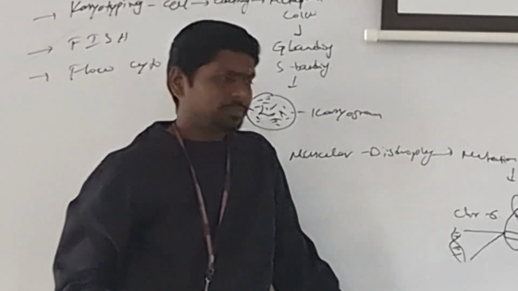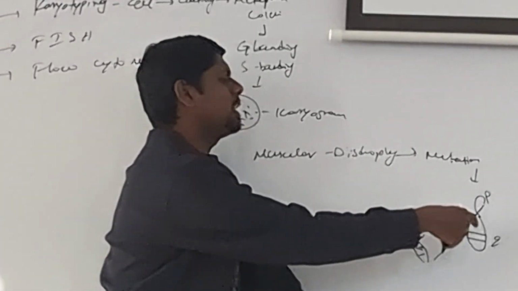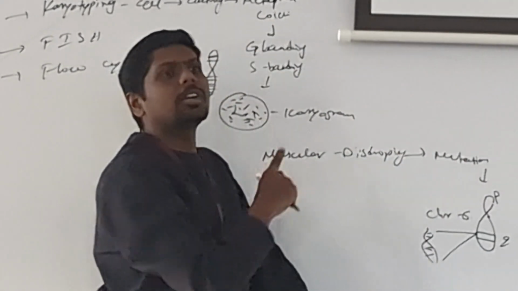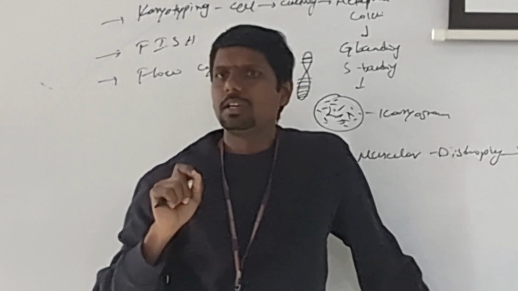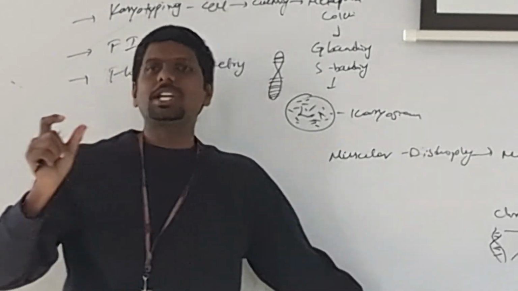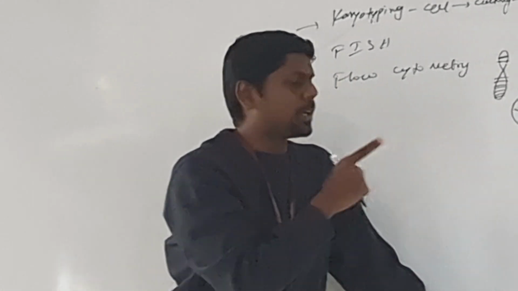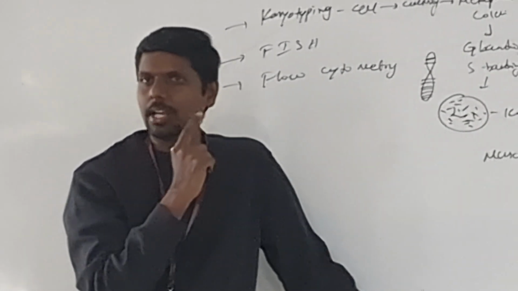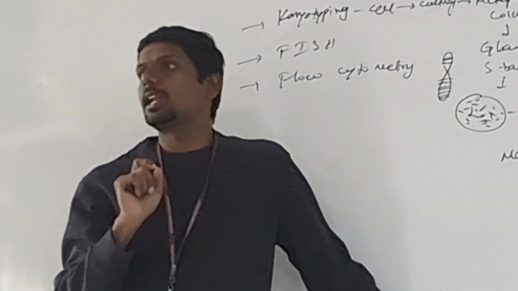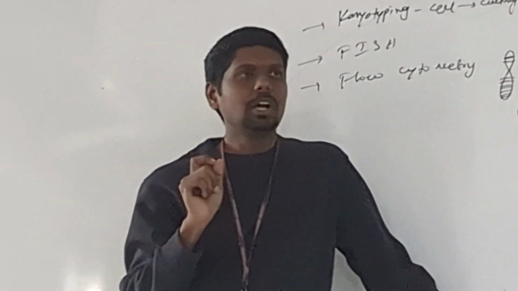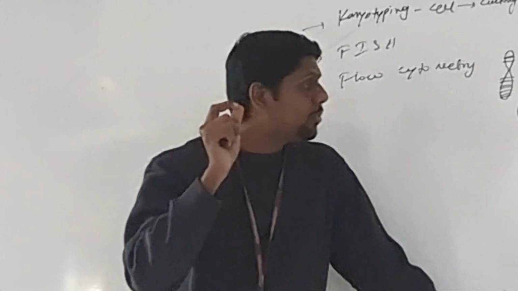This is a very small mutation which we can't find with normal karyotyping. It's a small inversion or deletion, a slight change in the chromosome that we cannot differentiate with a simple staining procedure. How to identify such minute mistakes? How to identify minute changes in the chromosome? That is the challenge. For that purpose,